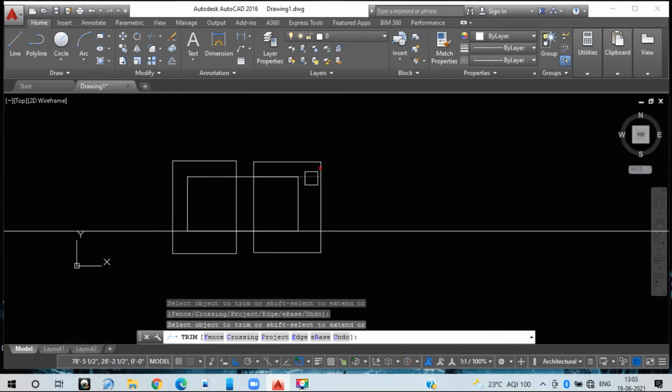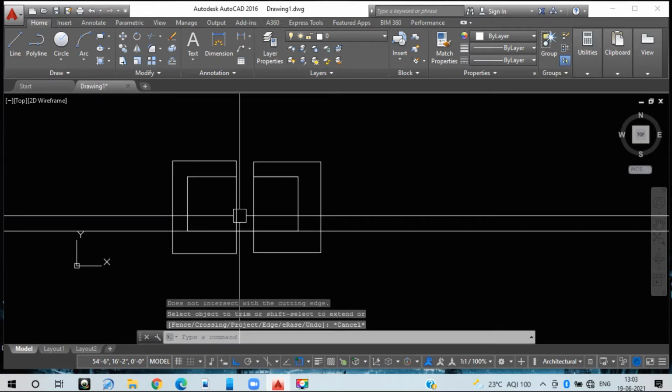First you will trim this one, later you will trim this one, and again you are going to trim this one, again and again like this. So in this case you need to trim multiple times, because I have shown you only two rectangles over here. If you get a huge drawing, you are going to get more headache trimming out all those lines.